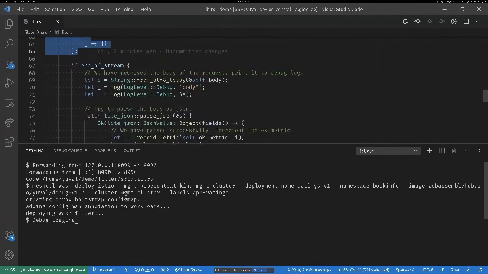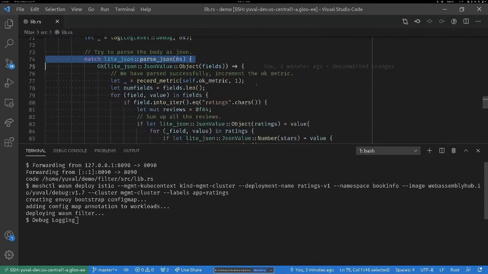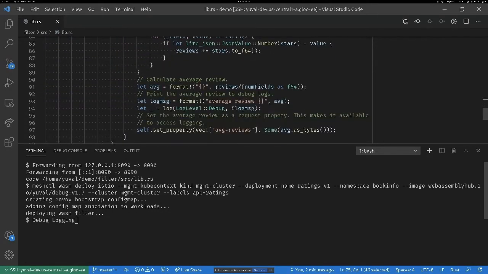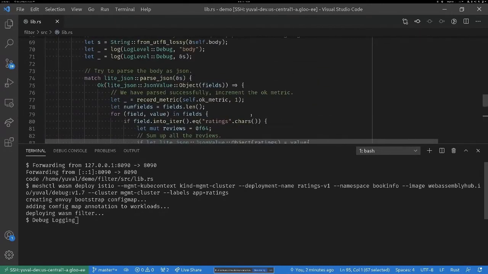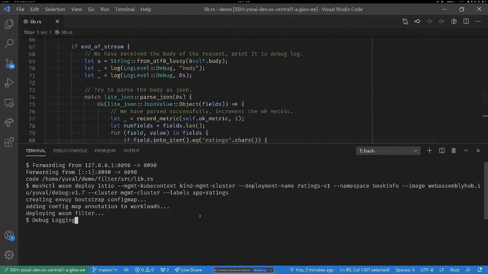Once we have received the entire body, we parse it as JSON and do some processing on it, which I'll cover in a minute. But among other things, we also do some more logging, which you will see shortly. So with that, let's continue